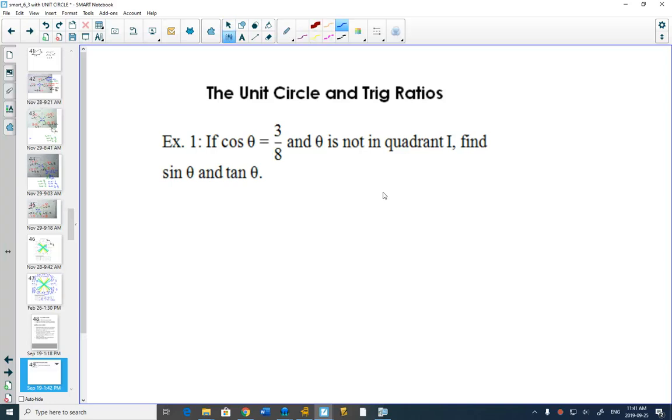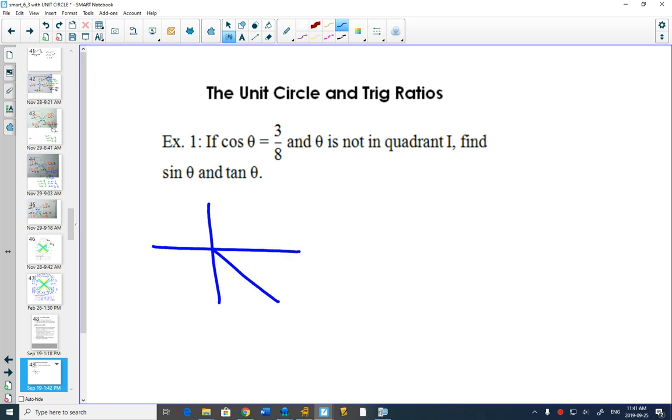If cos of theta is 3/8 and it's not in quadrant 1, find sine of theta and tan of theta. Well, first of all, if theta is not in quadrant 1, what quadrant is it in? Quadrant 4. How do you know? Because of the CAST rule, cos is positive in quadrant 1 and quadrant 4, but it's not in quadrant 1, so it must be in